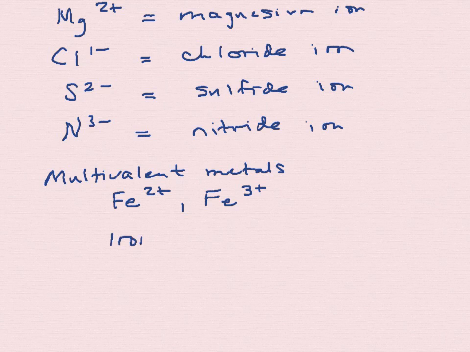If you are using the stock name, then the Roman numeral simply matches the charge. So an iron 2 ion would be the first one, and an iron 3 ion would be the second one. That's simple because it matches very distinctly to the charge. The classic name is the older system, but it's still in use. Your job is to know the